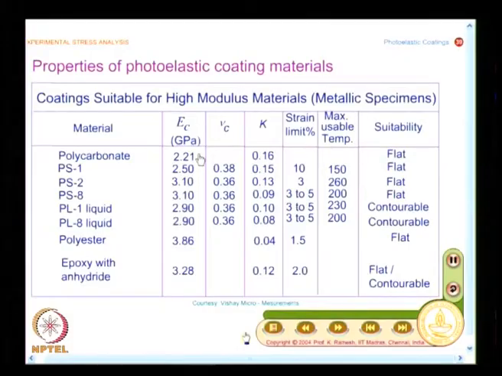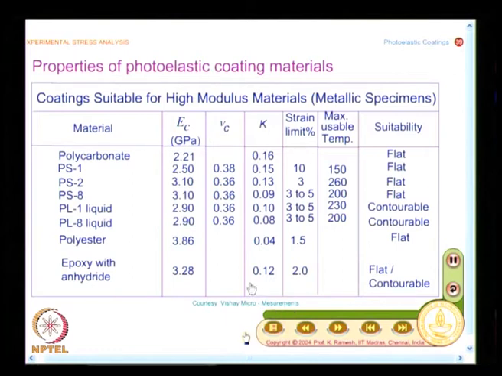So, if you have a coating which is just 3 GPa, it will not reinforce that. So, I can comfortably use photoelastic coating, and from this table you write only 2 materials, one is polycarbonate, another is PS1. This is also commercially available from Vishay Micro Measurements,